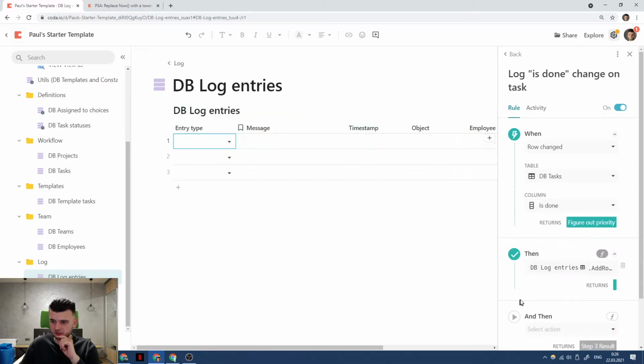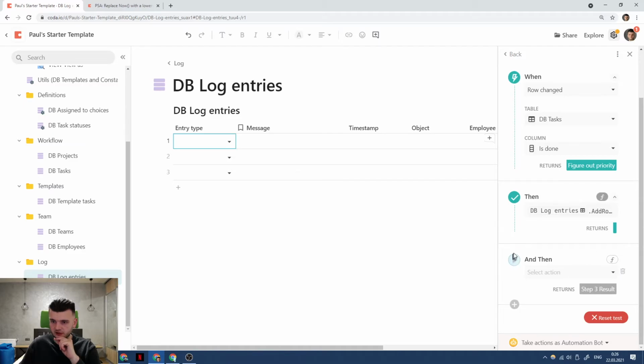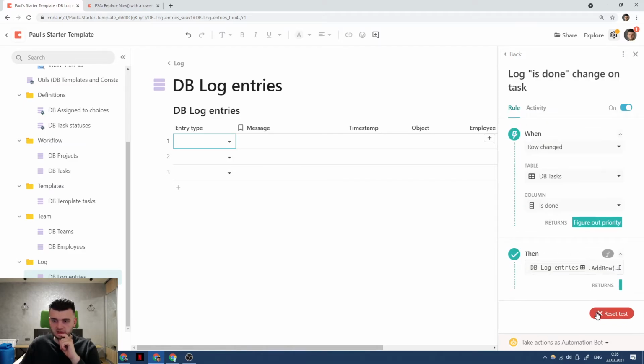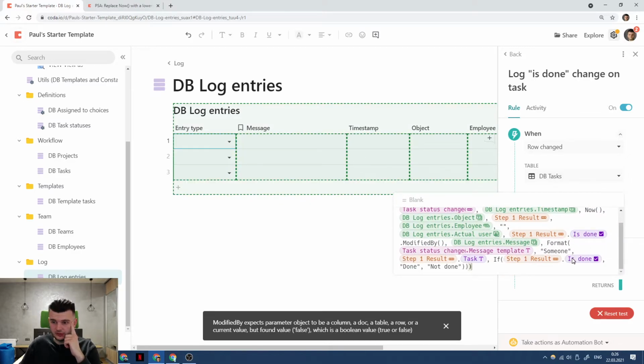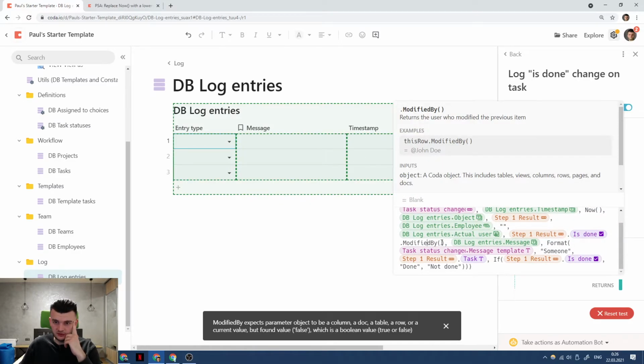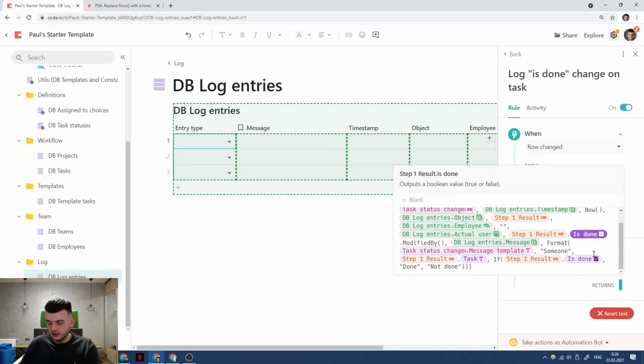It didn't, so interesting why it didn't do that. Let's try it again. Oh, modified by expects whatever, but found value, yeah, we cannot modify it by, we cannot really. Okay, this is the row,